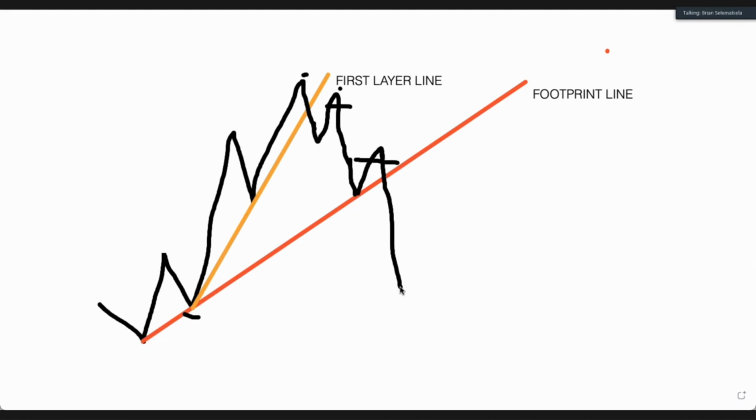So simply we wait for the first layer line to be broken, and that is a determination for us to pull out of any trade and start looking at the opposite direction for another trade. So after you're able to find a